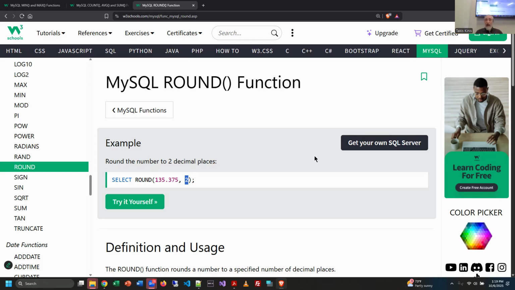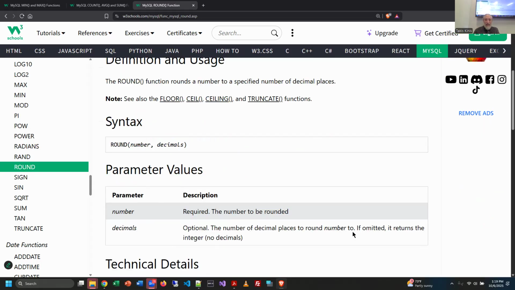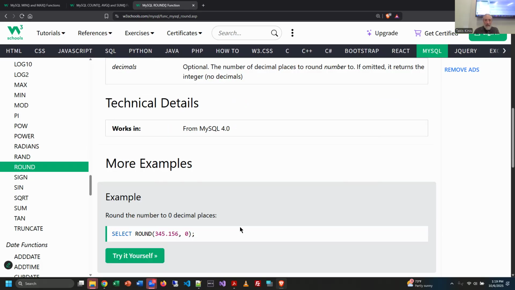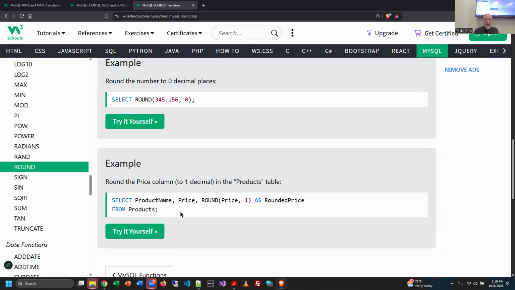Now, when you're dealing with monetary amounts, right, it's very common to round to decimal places. But if I was dealing with US budget amounts, I would probably round to the nearest dollar or maybe tens of thousands of dollars, right? Those are considerations. But usually this is for decimal places. Now, when you're using the round function, it's probably more useful with columns. I don't know if they have an example here. Here's an example here,